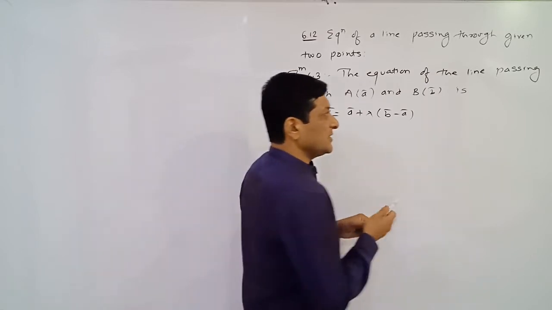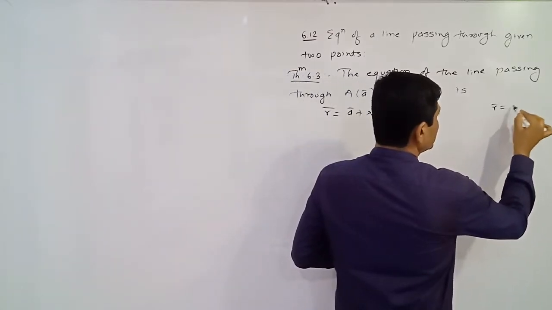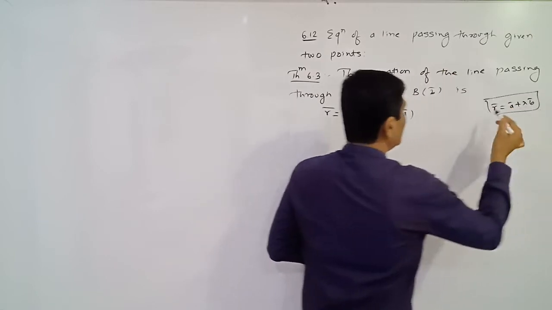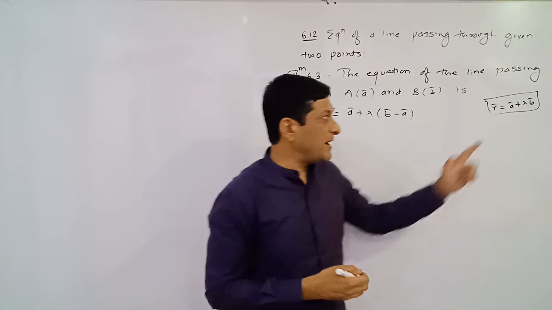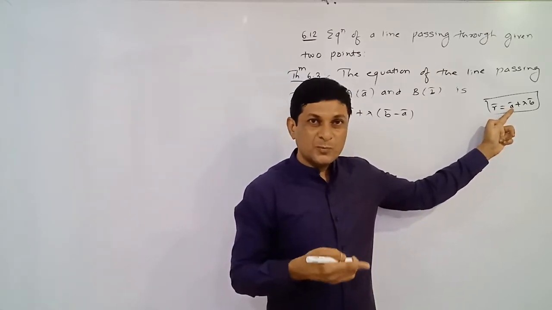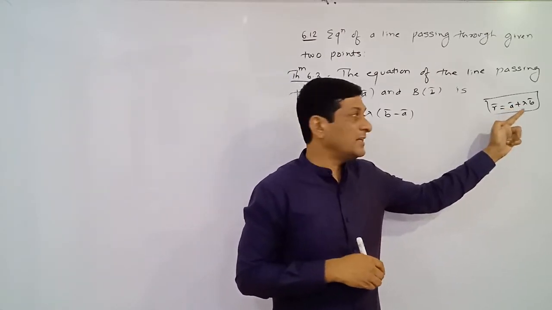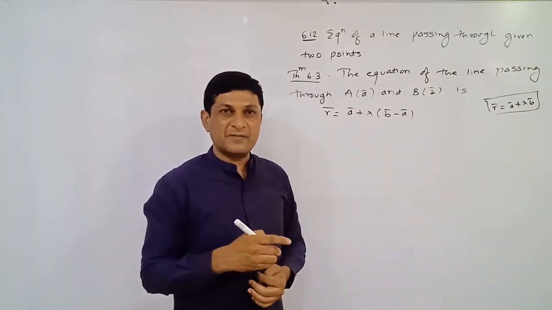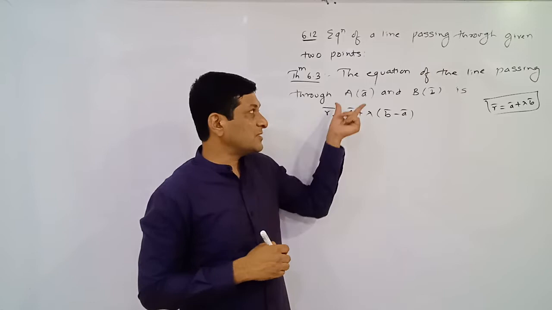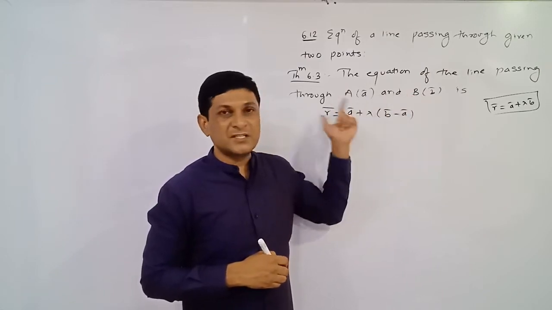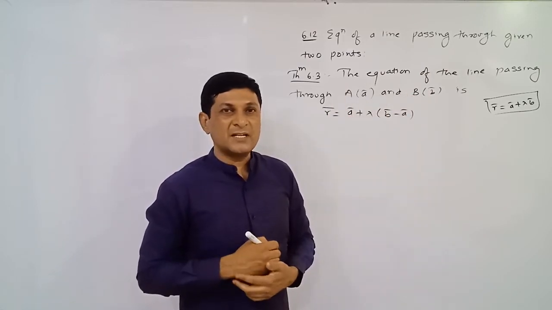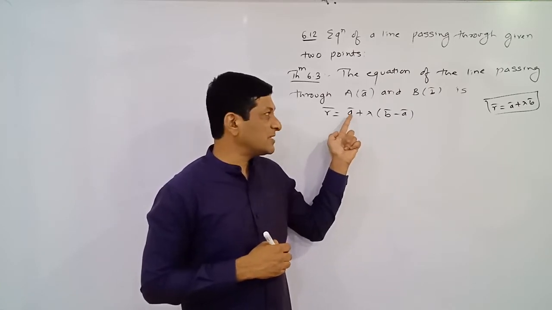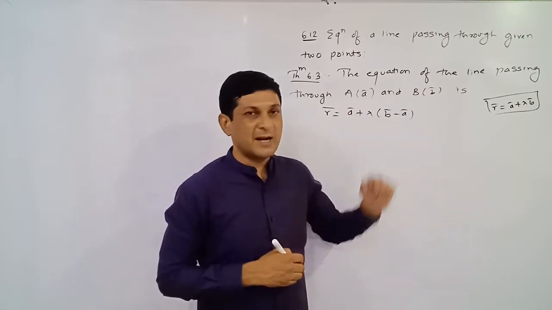At that time we saw that the equation of the line is R bar equals A bar plus lambda B bar. Here A bar is the position vector of one given point on the line, and B bar is a vector parallel to the line, or in other words, a vector along the line. In this case, 2 points on the line are given to us. If 2 points on the line are given, we have to prove that the vector equation of that line is R bar equals A bar plus lambda times B bar minus A bar.